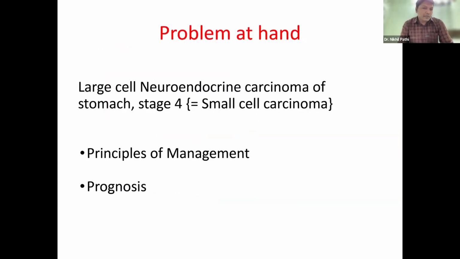So the final impression or diagnosis for him is stage 4 large cell neuroendocrine carcinoma of stomach. Dr. Pathak sir. Okay. Principles of management for this patient, or how do you manage large cell neuroendocrine carcinoma? Yeah, but I don't think this is a run-of-the-mill case of stage 4 or extensive stage, maybe small cell